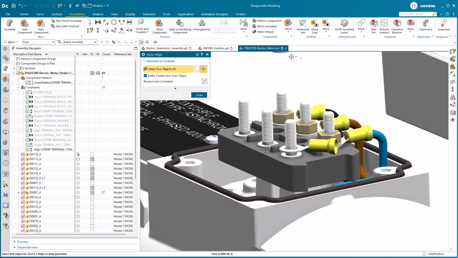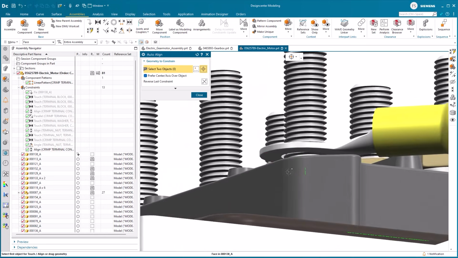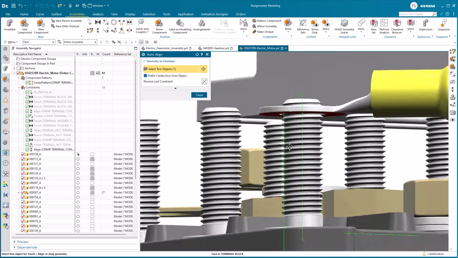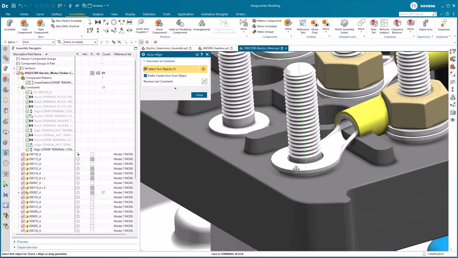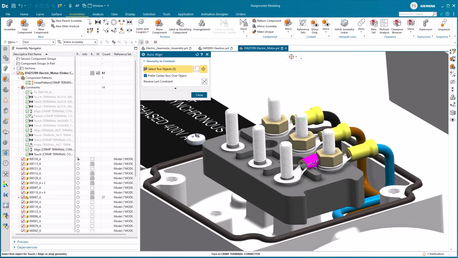We continue by hovering the face and locking with the left mouse button. We drag it to the matching planar top face of the terminal slot and drop it. To fully position the crimp, we do the same with the cylindrical cable cover and match it to the corresponding crimp on the other side. As the position is wrong, we flip it to its final position.